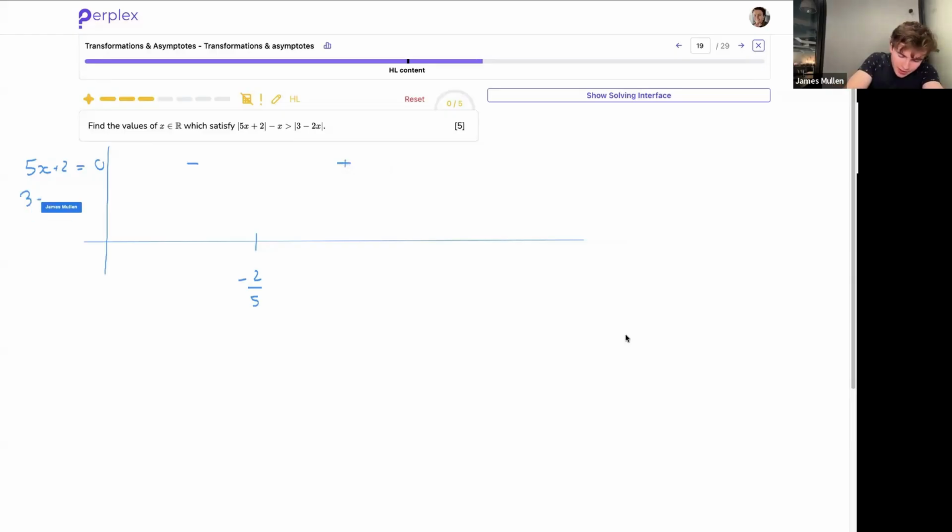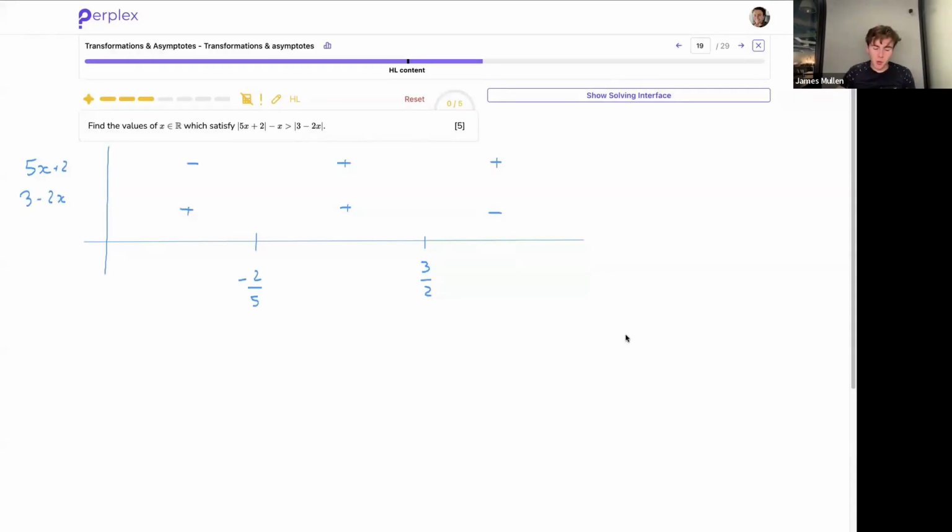And then 3 minus 2x is equal to 0 when x is equal to 3 over 2. So 3 over 2 is over here. And therefore, 3 minus 2x, because it has a minus 2, is going to be positive here, and minus here. All right, and I'm just going to add minus, minus, plus for the row above. So now I have basically three intervals in which the signs of 5x plus 2 and 3 minus 2x combine